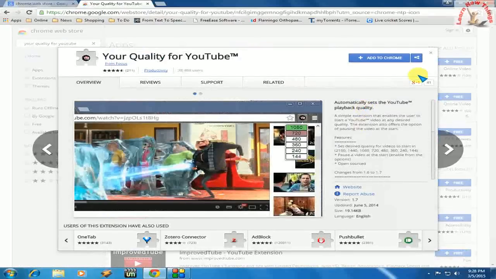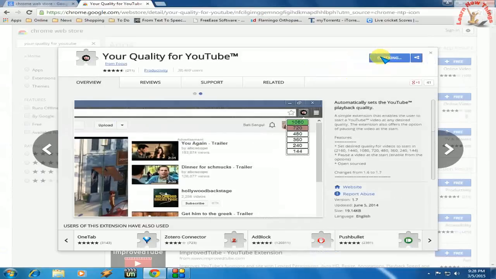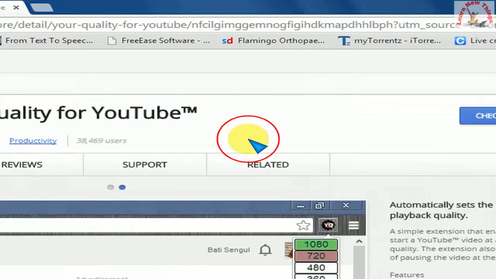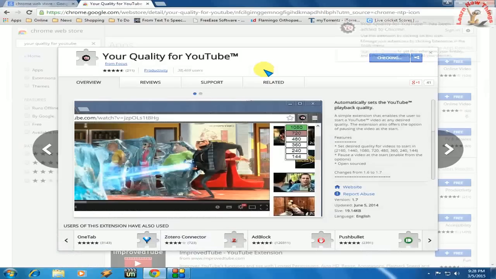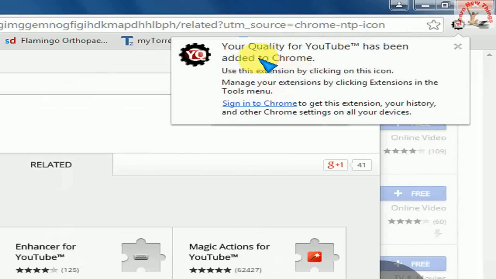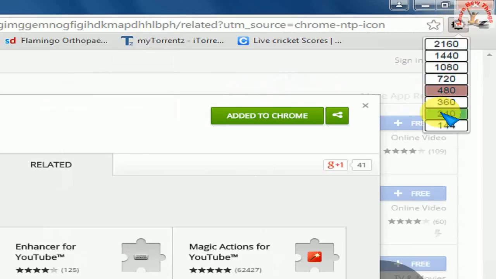Click on add to Chrome. It's adding. Click on add. That's it. Here you can see the message. The extension is added to my Chrome browser, and here you can see the icon, and here I will select